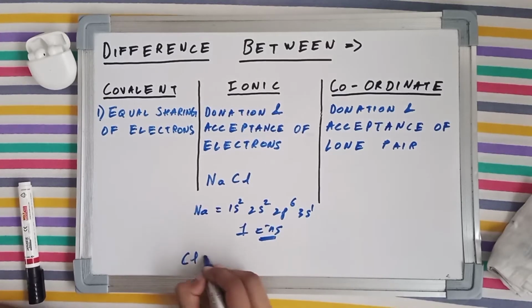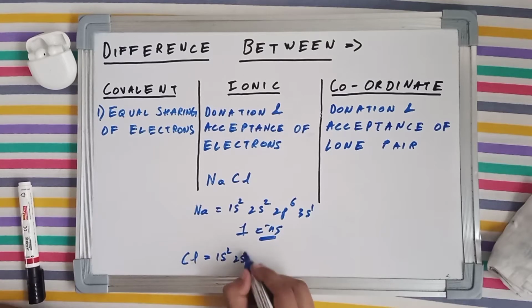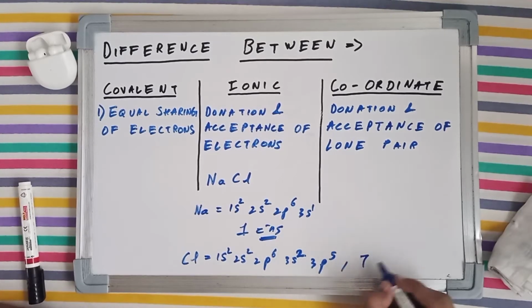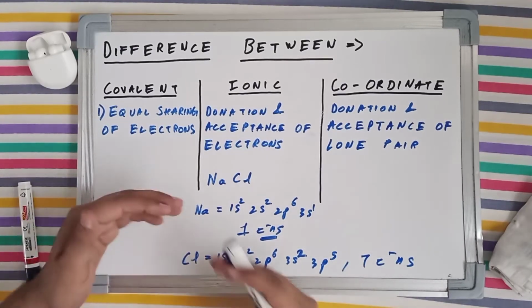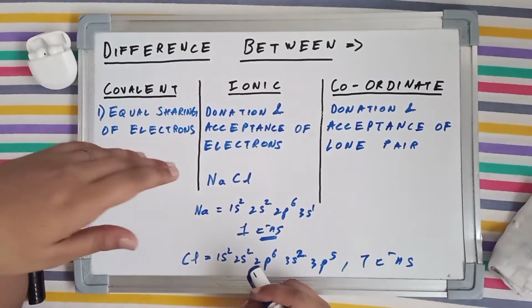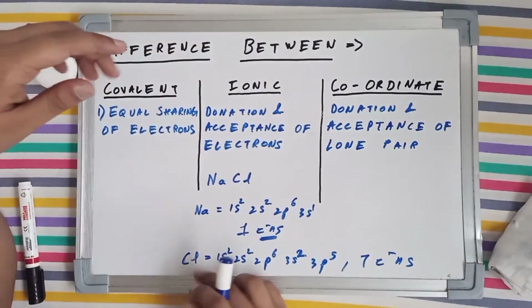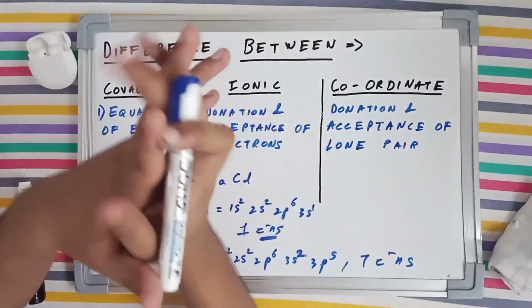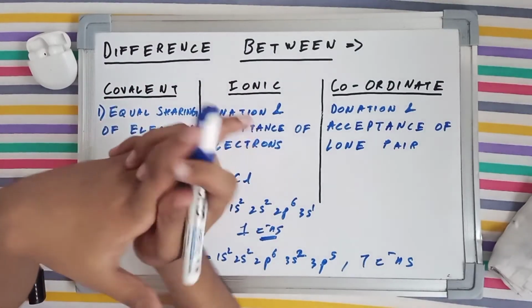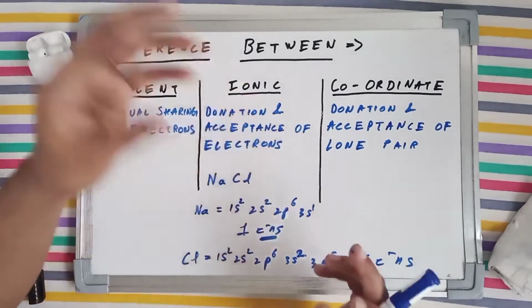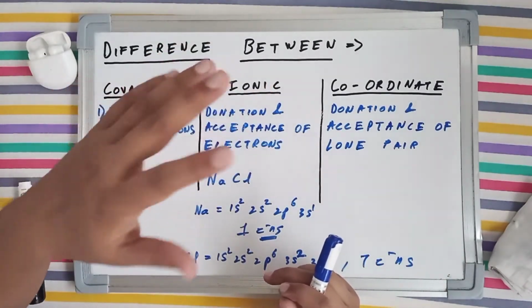Talking about chlorine, as we saw previously, its electronic configuration is 1s2, 2s2, 2p6, 3s2, 3p5. So it has got 7 electrons in its valence shell. 2 plus 5, 7 electrons. Now in ionic bonds, the case is that the electronegativity difference between the two atoms is so large that chlorine simply snatches the electron from sodium's stash of electrons, and makes itself negatively charged, whereas sodium, having lost an electron, gains a positive charge.